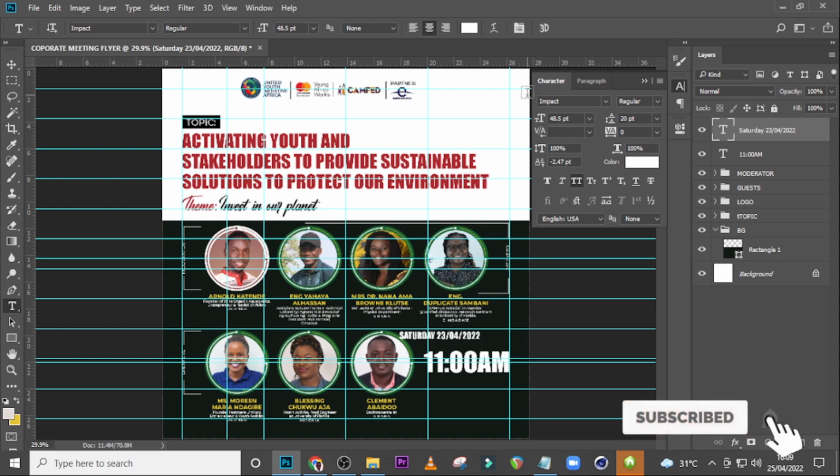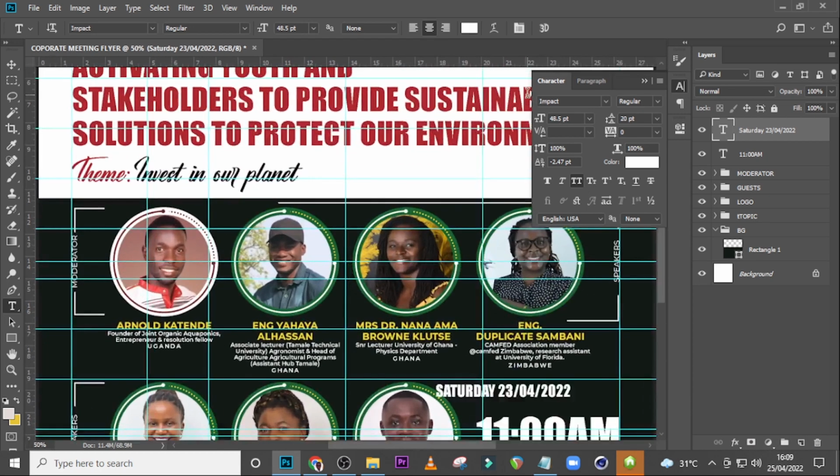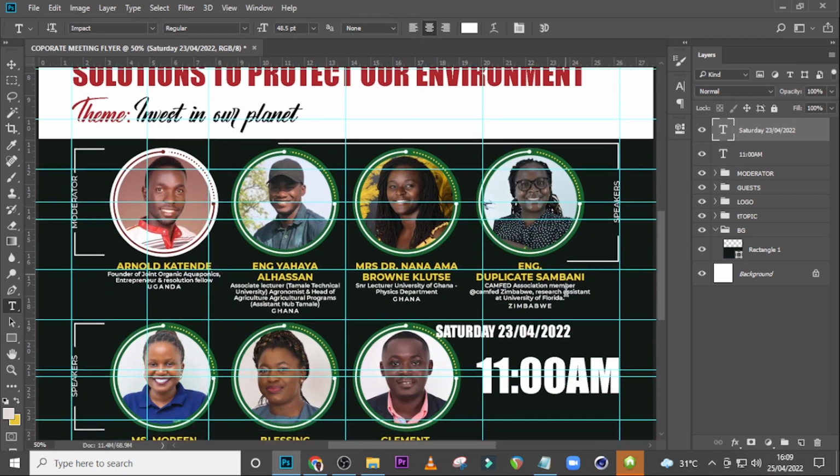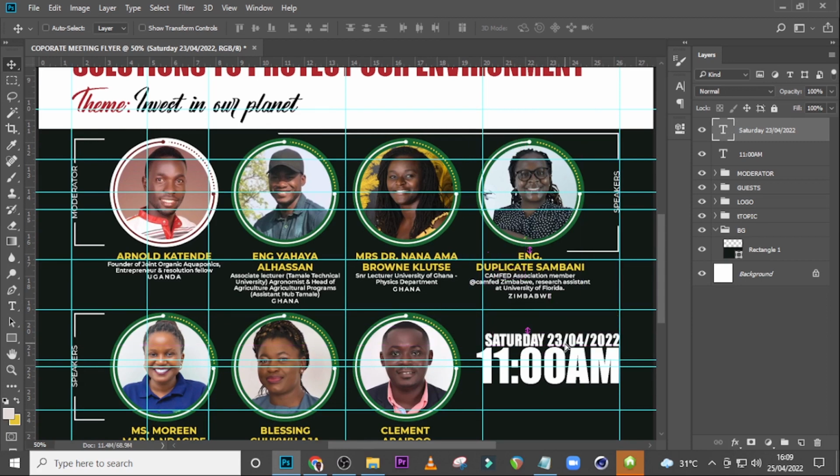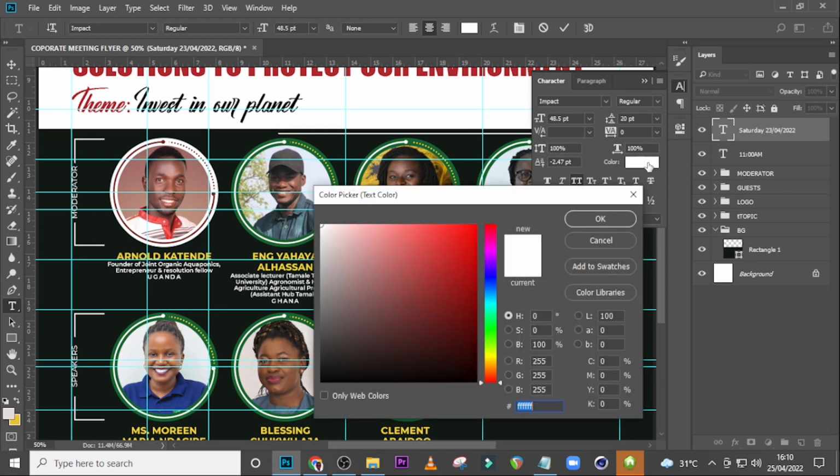48.5, enter, and then let's zoom in, click on your move tool, move it somewhere here. Okay, so you can see it's also touching this line. That is great. Now I want us to double click it and select this particular side of it. Come here and let's change the color to